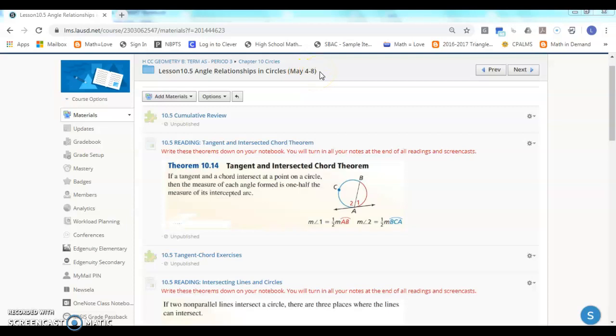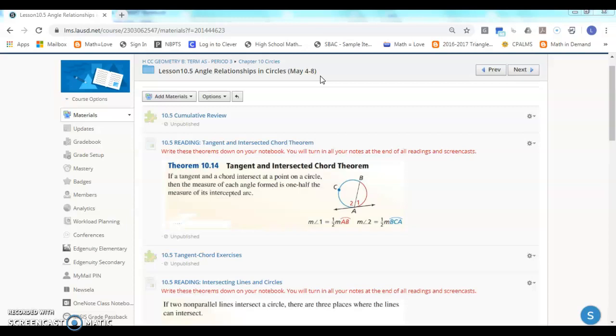This week, we will look at lesson 10.5, which is about angle relationships in circles. I would like to emphasize that although the lessons in this folder are self-paced, they must be done within the week of May 4th through 8th. Also, they must be done in a sequential order,